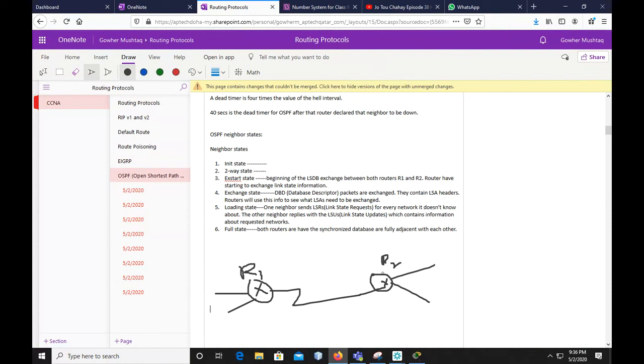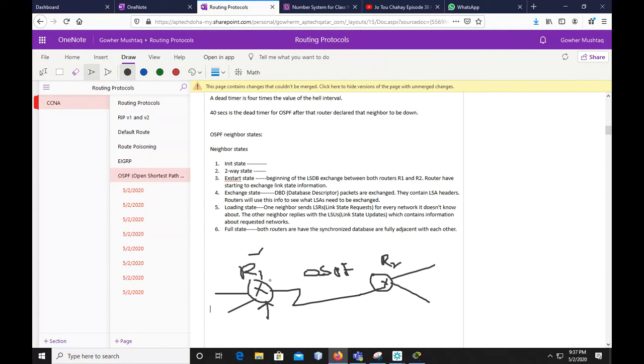So before they have the routing information of all these networks, we have to establish a neighbor relationship. How do we establish a neighbor relationship? By sending the hello packet, right? Let's talk about this R1 router. So from this side, when this R1 sends a hello message to this particular R2,